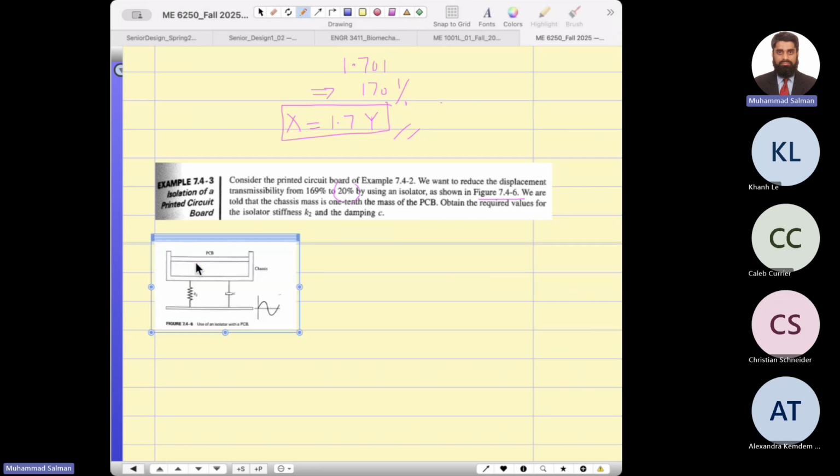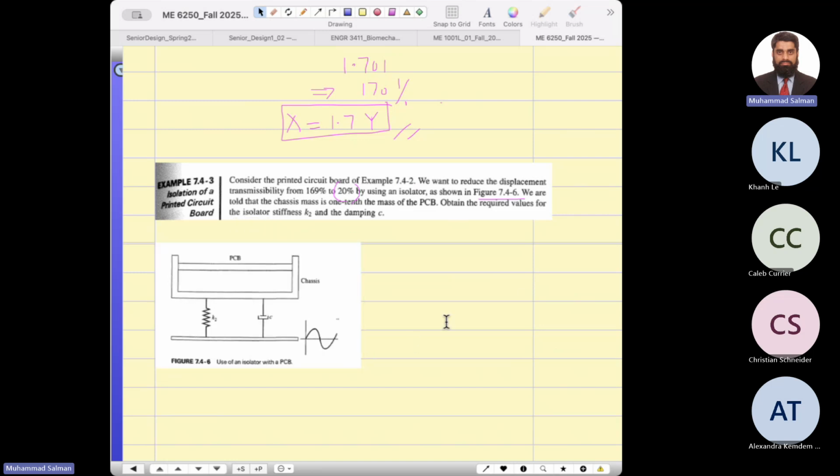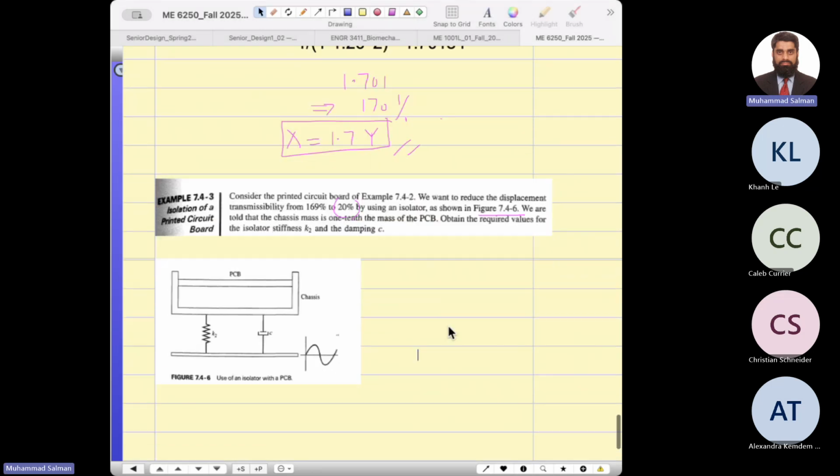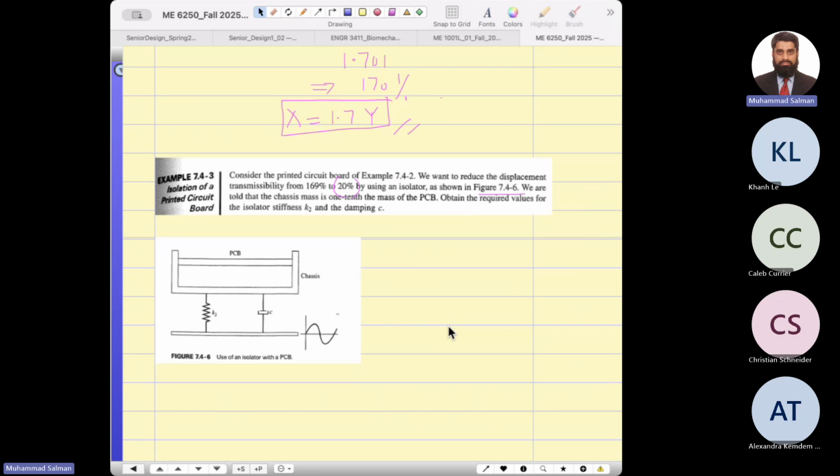So now you will place this isolator, and what is the C value and what is the K value? So let's do the math here. I want to show you. So we know that whatever the forcing frequency is,